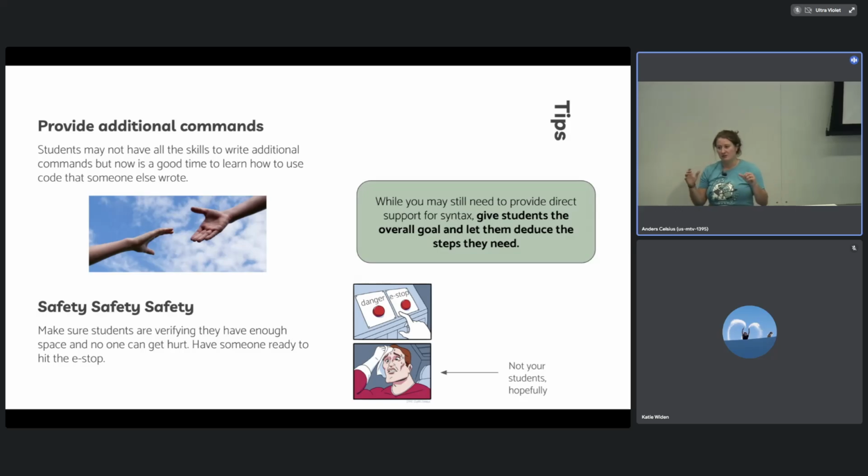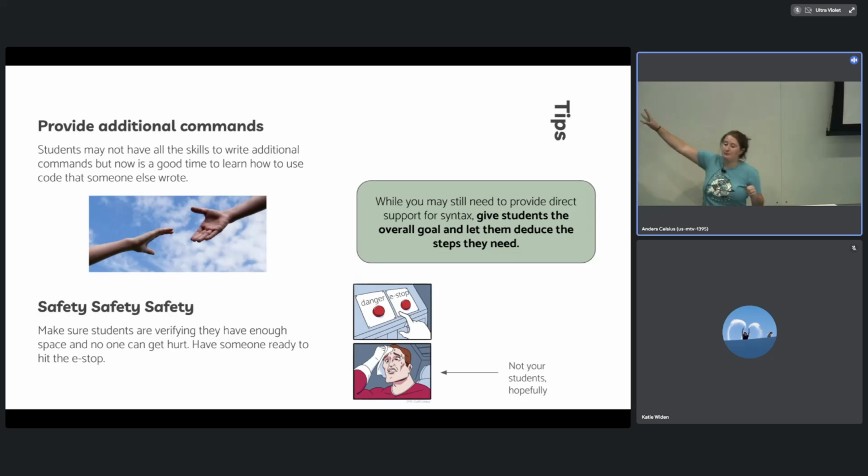I was at a regional, at a practice field, and the kids were testing their autos, and they're bad at foresight, high schoolers are. We have to help them with that. They didn't think about wherever the robot was going to go, and it almost ran into one of my kids, and I was really mad about it. So we have to make sure we're really on the safety situation. Have a kid hovering over the e-stop button or spacebar or whatever.